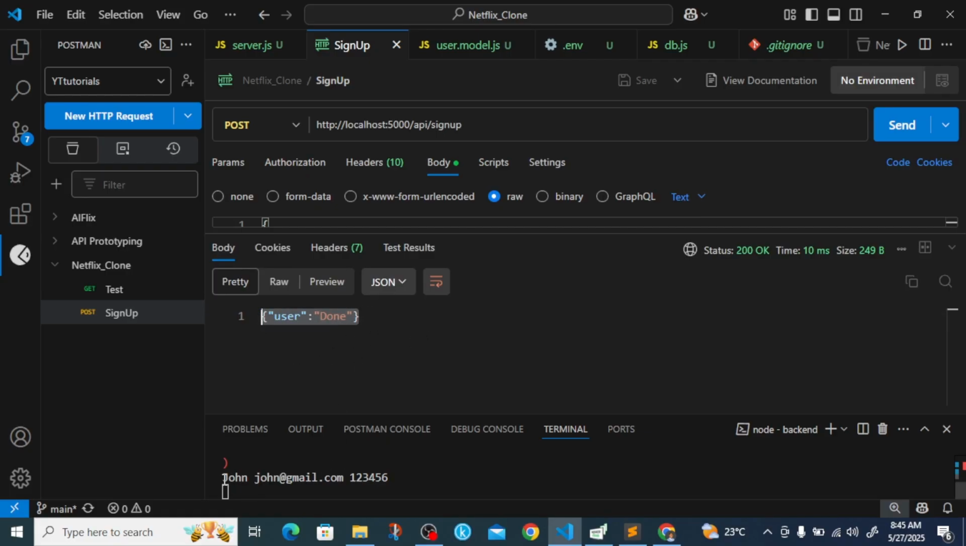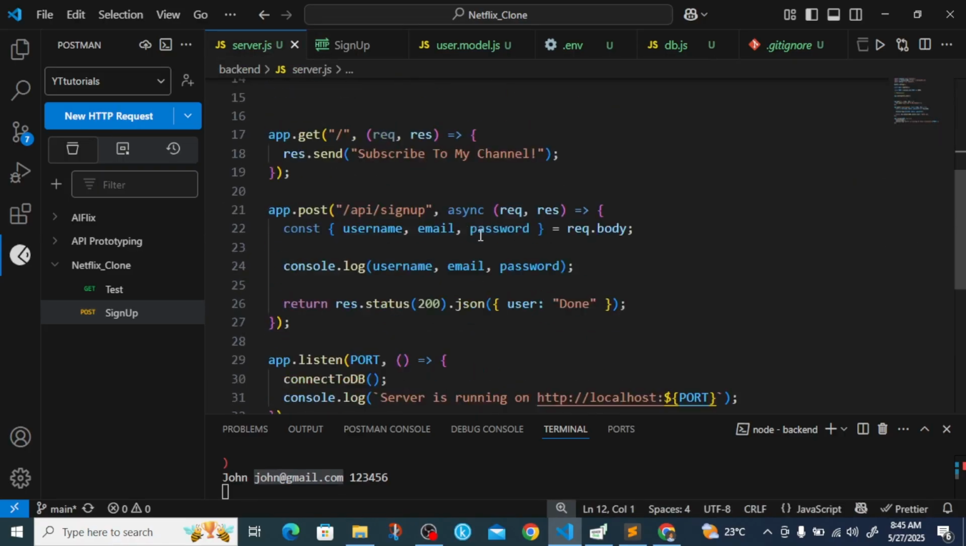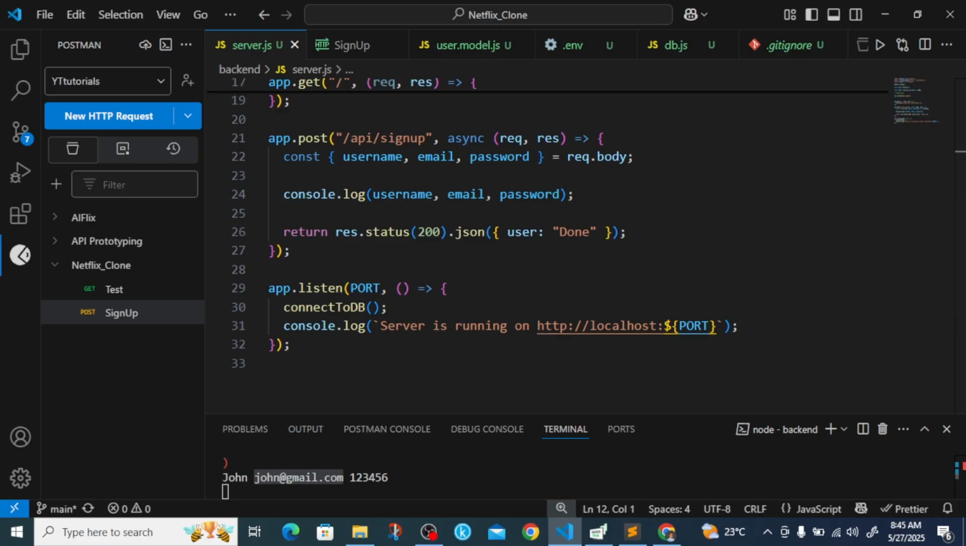Now in our server we have john@gmail.com and then the password, which means that our API is working. Now let's continue building our API. So now that we have been able to get this, we can get rid of this. Now that we have been able to get the username, the email and password from our body, the next thing